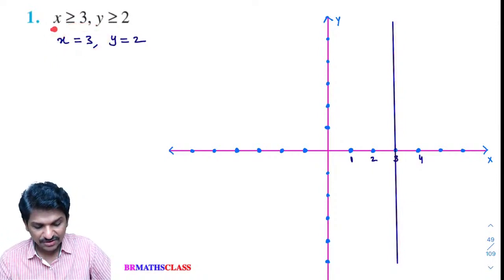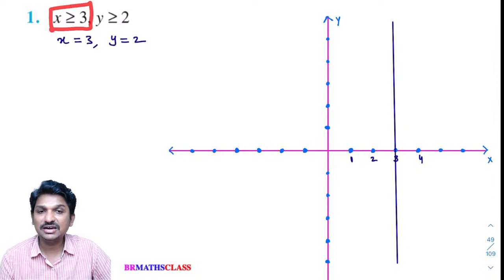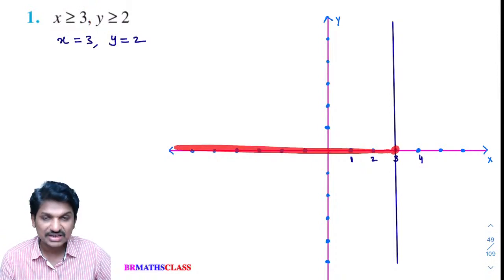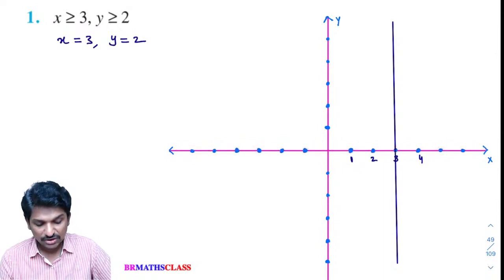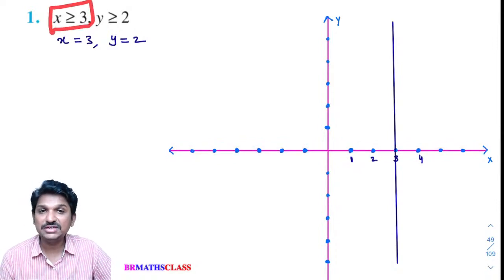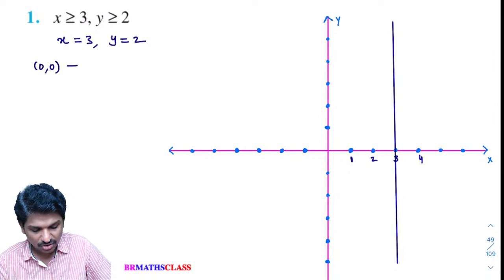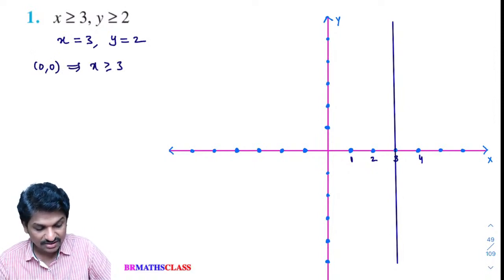Now you observe this first inequality. What is given? X greater than or equal to 3. That means x values are greater than or equal to 3. You can easily say that here 3 is there. Left hand side part of 3 are all numbers less than 3. Right hand side part of 3 are all numbers greater than 3. So x greater than or equal to 3 means which side do you need to shade now? Or else another usual procedure is there. You substitute 0, 0 in the inequality x greater than or equal to 3. So this is the line you draw now.